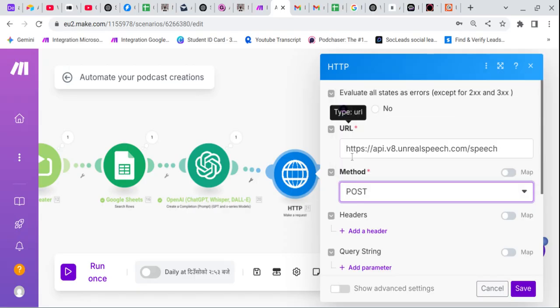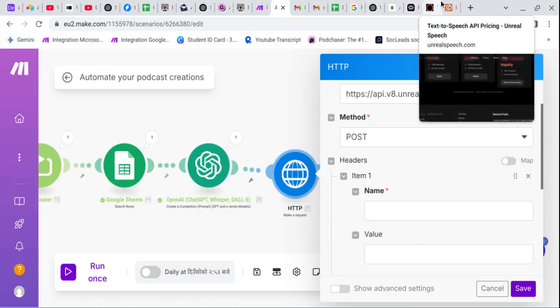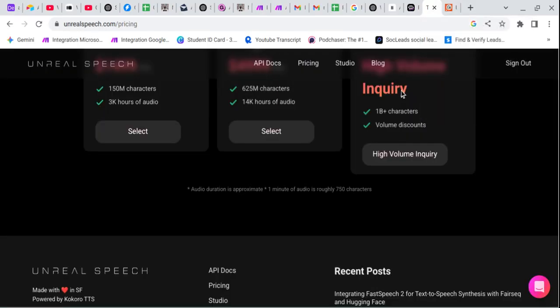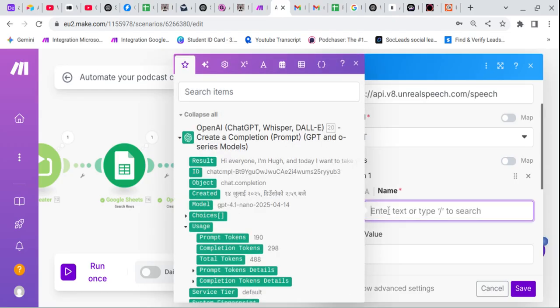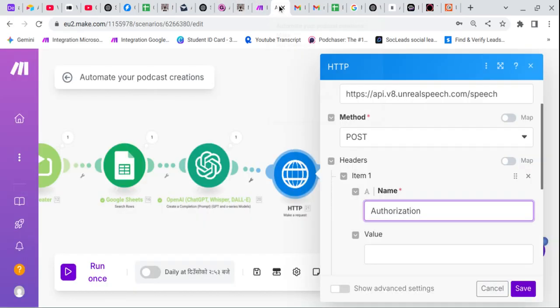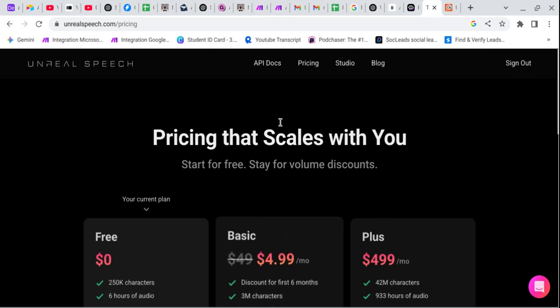Click on post, click on add a header, go here and click on authorization. Simply copy this, go back to Make, just paste it. I can also provide this workflow, you can use that. Just copy the header, go to the API key section, just paste it with a space, and go to Unreal Speech and go to the API section,